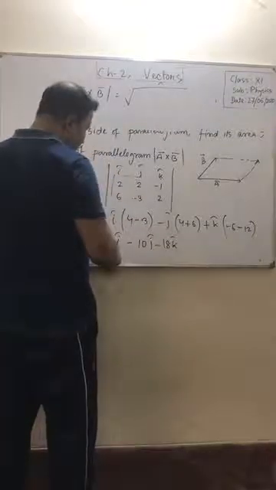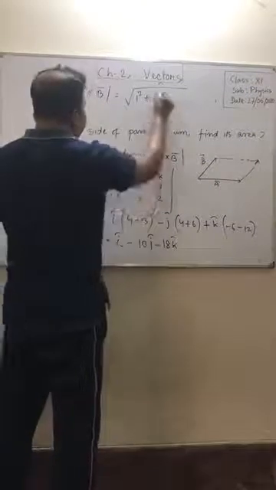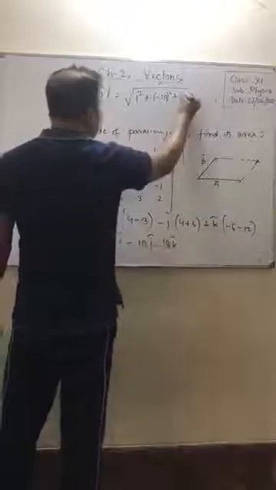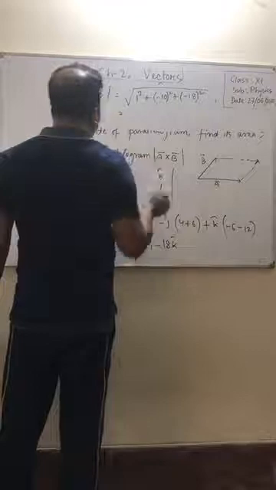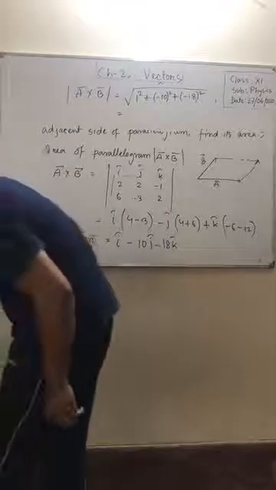So we can first find the modulus: 1 square plus minus 10 whole square plus minus 18 whole square. Okay, এটা হচ্ছে তোমার ভ্যালু ডিটারমিনেশনের ফর্মুলা, আন্ডারস্ট্যান্ড দ্যাট, ইটস ভেরি ইম্পর্টেন্ট প্লিজ। ওকে,